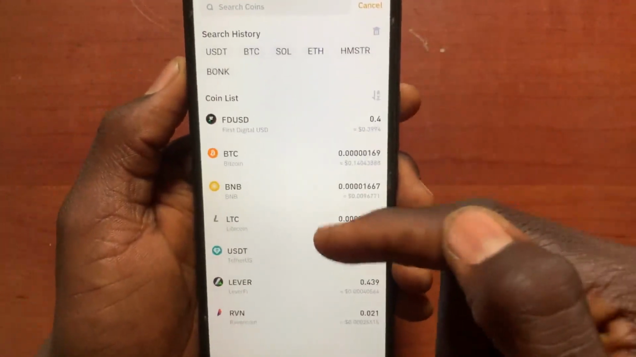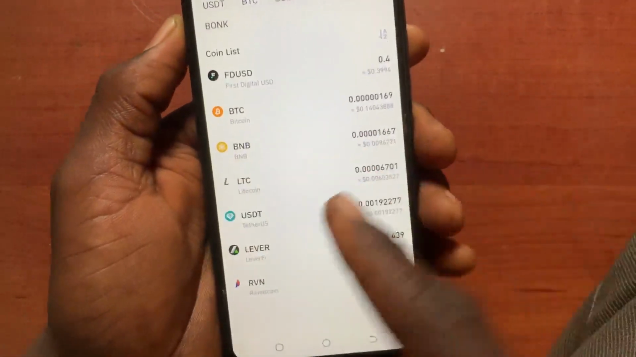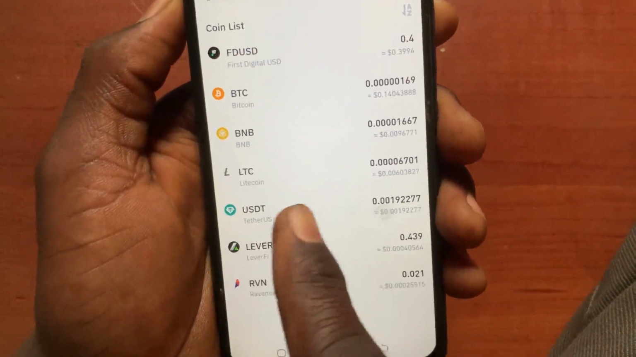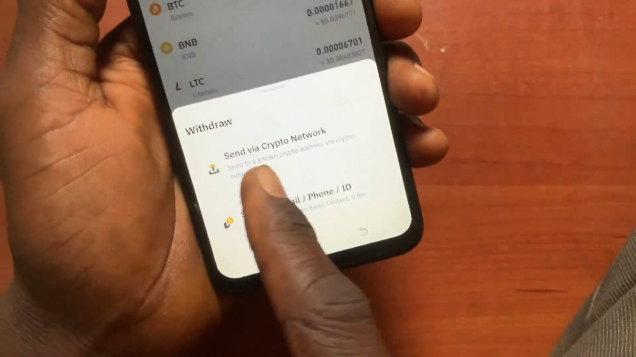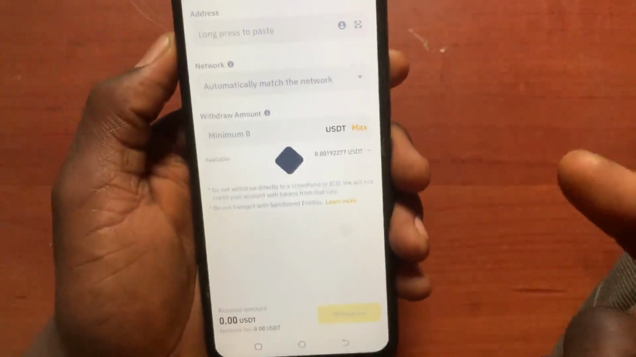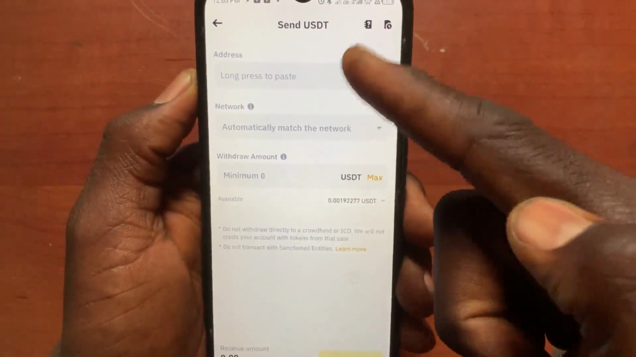In this option now, you'll be able to see the list of coins. Now go ahead and select the coin you want to withdraw. Let's say for me, I want to withdraw USDT into my Revolut app. After you select the USDT, tap on this Send Via Crypto Network again. In this option now, Binance will ask you to add in the address of the USDT that you want